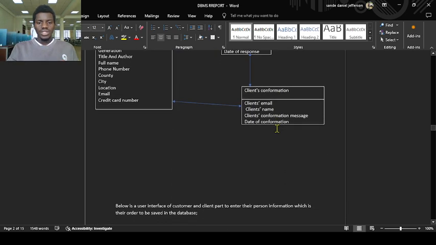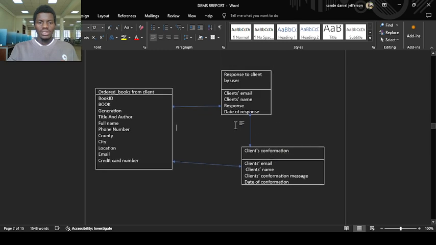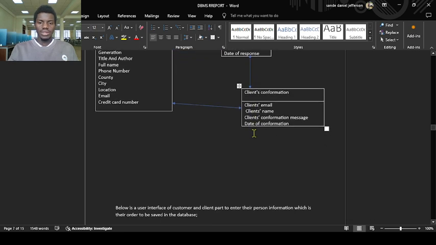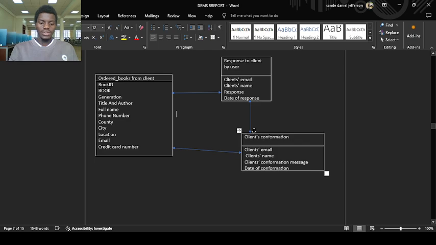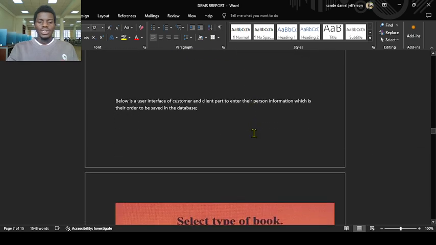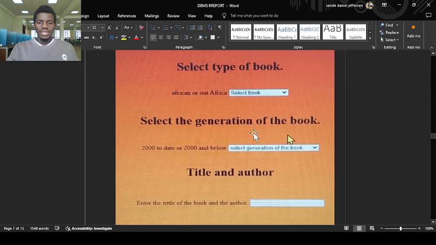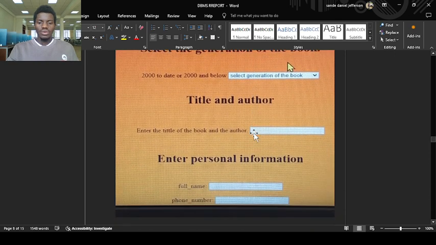And this is the entity relationship, which shows that all the tables can be accessed by both the customer and the back-end user. But the operations of the database are done by the back-end user, not the customer, who will be operating the database to follow up on the kind of changes needed using different queries. So as you can see, this is the interface of the website where the user will